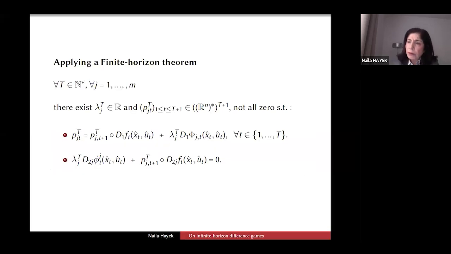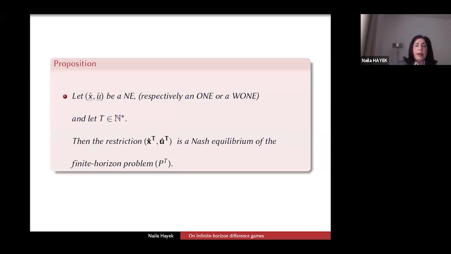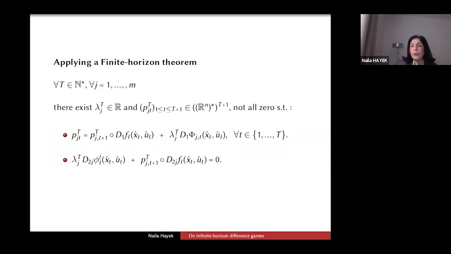So now what I will do is take the finite horizon problem and apply the known theorem, because in the finite horizon case, if I take every one of these problems for every j, I have an optimal control problem in finite horizon, and we have well-known results. So we can apply these results and say that if I have a T which is fixed, an integer big